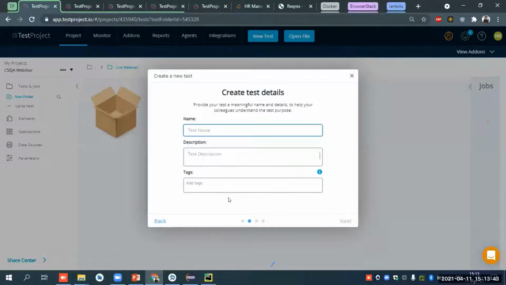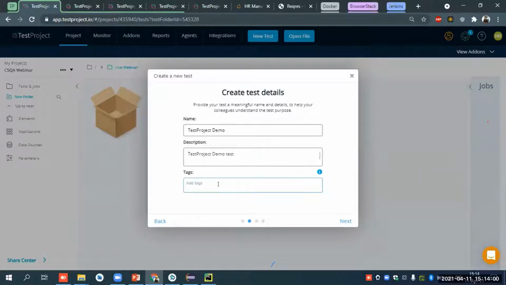Okay. So you have to mention the name here, then a description. Tags.